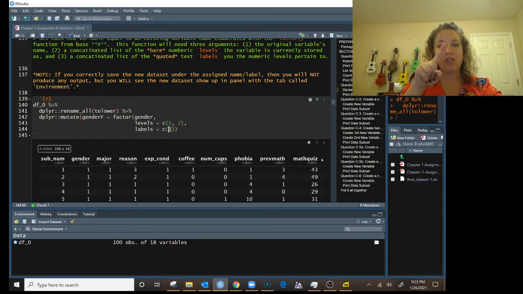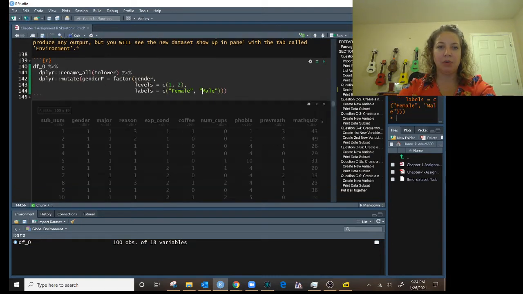So I'm going to have two values, 1 and 2, and I need to label them female and male. Whatever order the numbers are in, the labels have to be in a consistent order. So I know that 1 goes with female, 2 goes with male. Now, if I run this at this point,